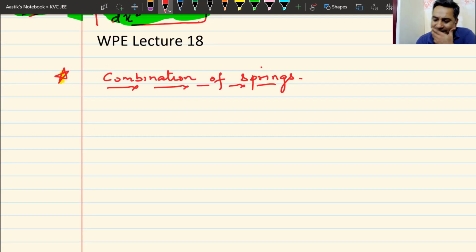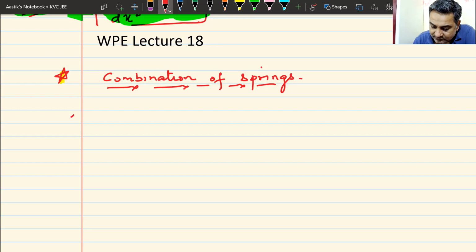Now this combination of springs is similar to a concept that you have already read probably in the 10th standard: series and parallel combination of resistors. Have you read about this? Yes or no? Parallel combination of resistors, series combination of resistors. It is there in 10th standard, in the electricity chapter. You have not read? Okay. If you have not read, nothing can be done. Anyways,